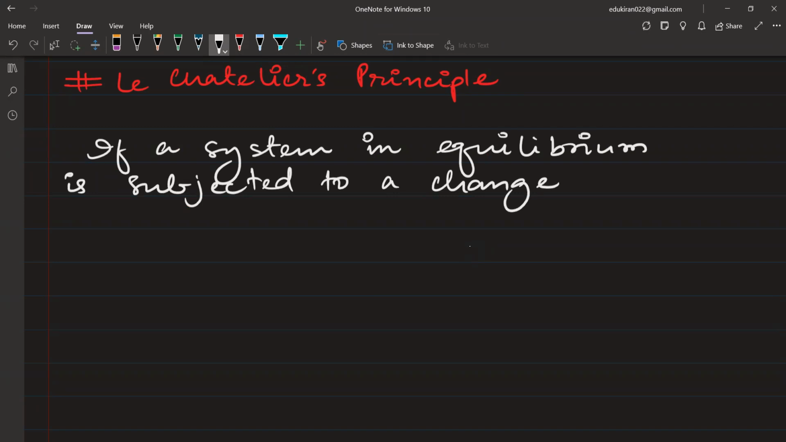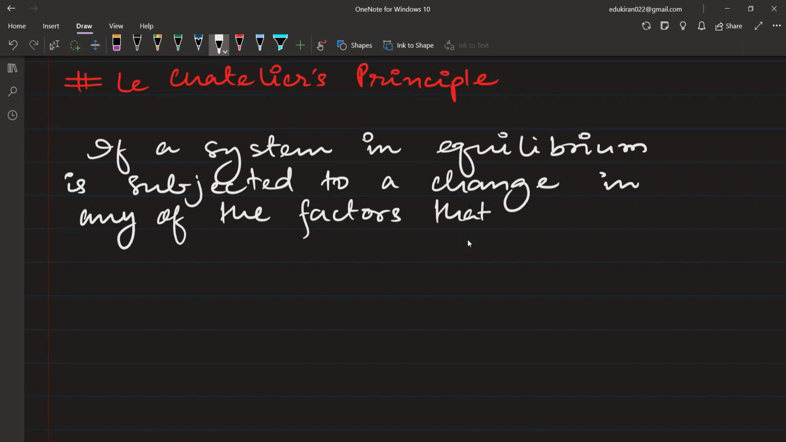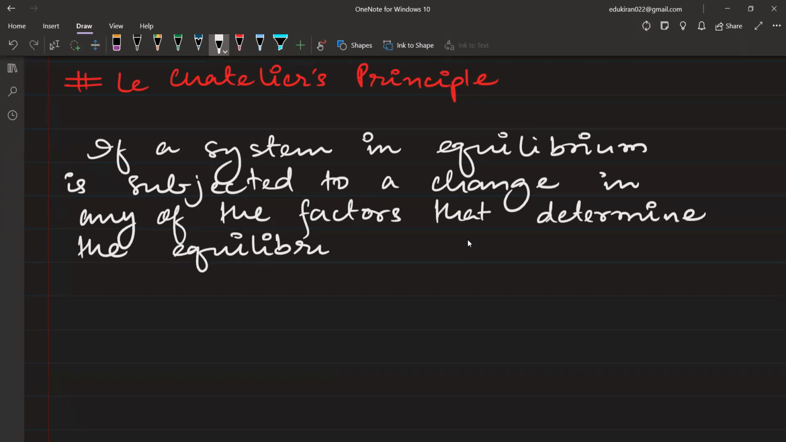Now see, subjected to a change means if the human is going to interfere. Who else is there in the world other than us, right? There is no one who is going to subject some change. The human is only going to interfere in the equilibrium. So if a system in equilibrium is subjected to change in any of the factors that determine the equilibrium conditions of a system,